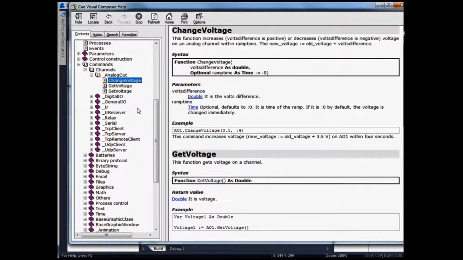Click on the first command, change voltage. This change voltage command will take in a voltage difference, which is the amount of voltage that you want to change, alright, that is based on the current voltage. Let's say the current voltage is 2 volts and you want to raise it by 3.5 volts. You put in 3.5 here and you also put in the time that you want the voltage to change, which